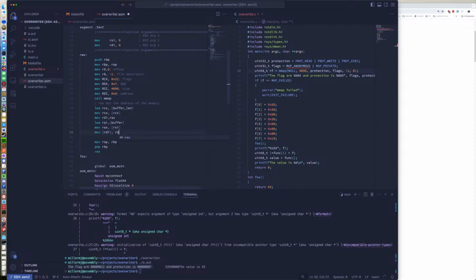And then move RAX into there. And actually, I would like this to be a byte. So I should just be able to say AL. And I can move AL there. And then I can loop